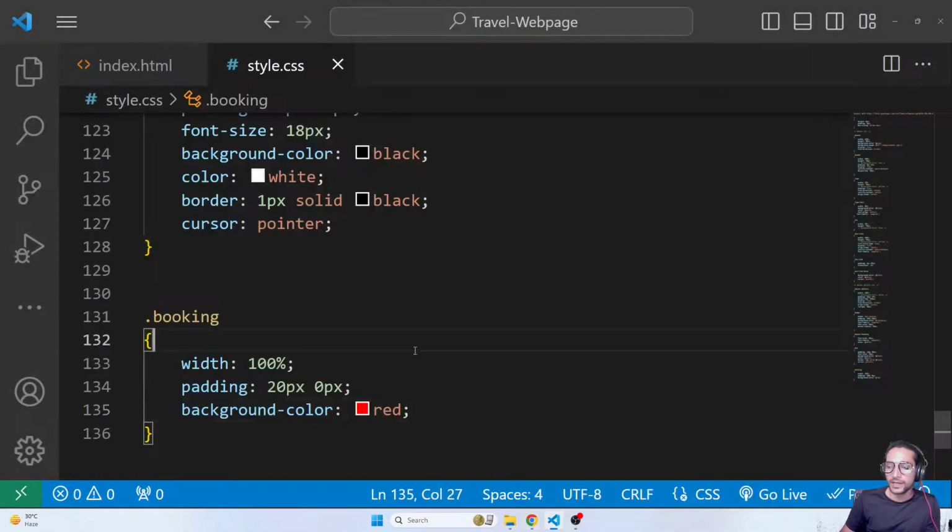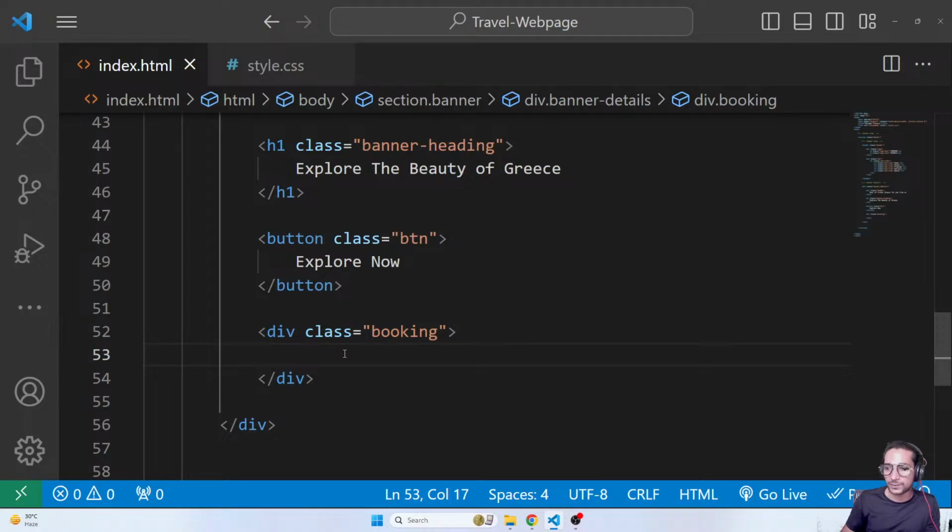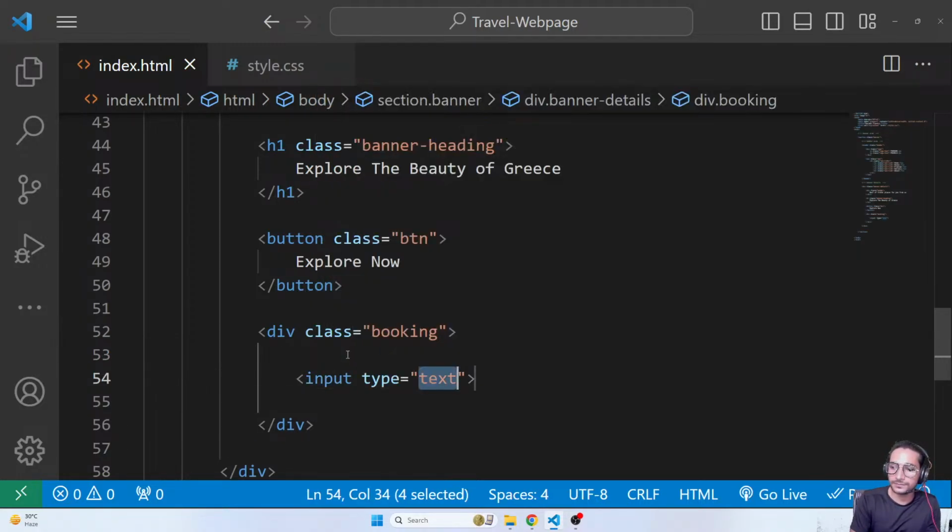So let's go. Now in a booking area, generally you have 4 fields: check-in date, check-out date, and how many adults are there and how many children are there. That is the main thing you have, right? For general booking, that is the thing. When are you checking in, when are you checking out, and your adults count and your children count. So let's quickly create that as well. So I need a few inputs. So input, type text, that's fine. And then placeholder of